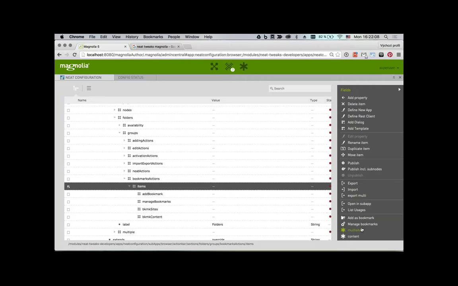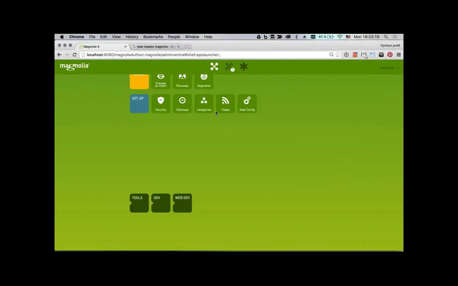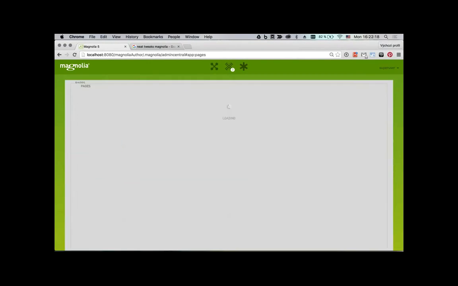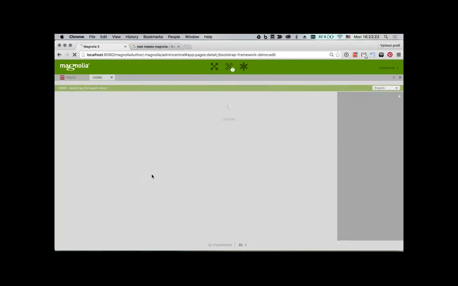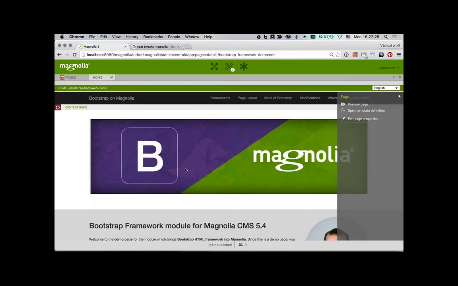So that's almost it for the configuration. I will get back to it a bit later when I talk about changes for 5.4. Another thing I would like to show you now is in the page editor. I'm going to edit this page now, and what you may notice very quickly is this floating panel on the right side,